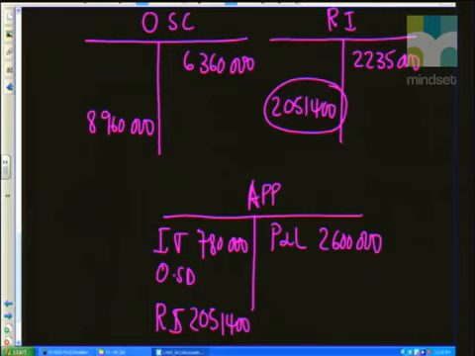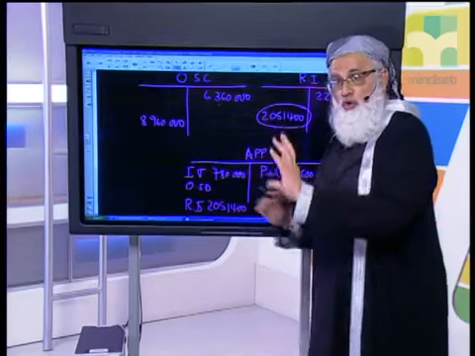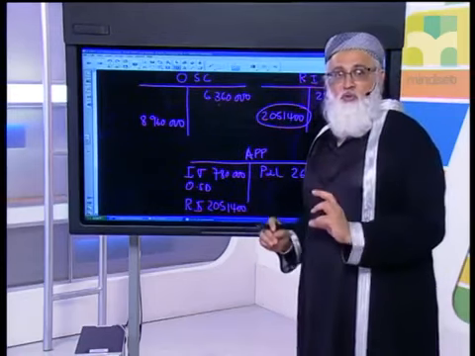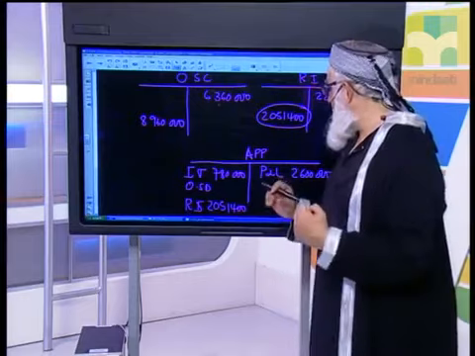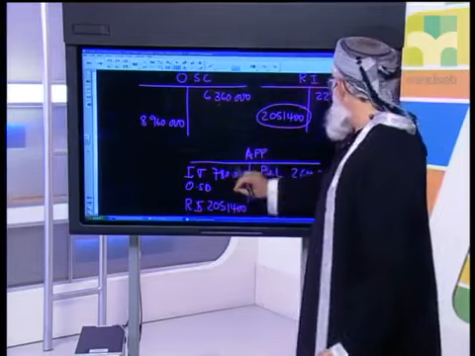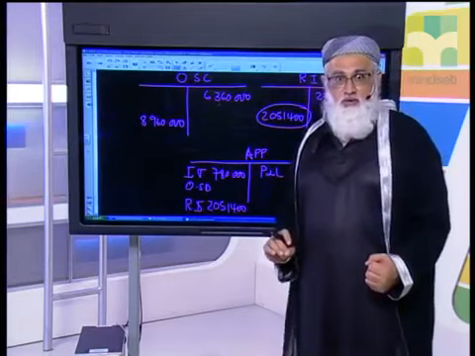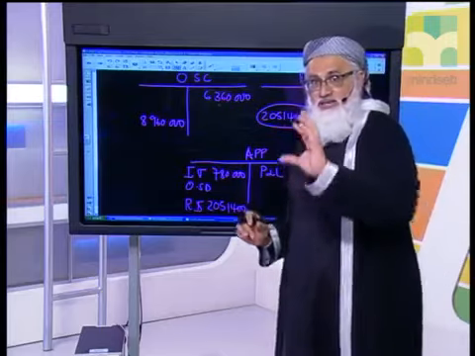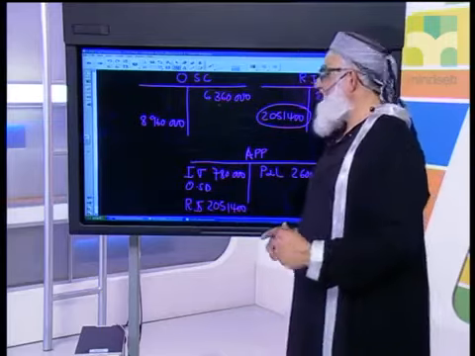So what I'm showing you is, looking at this information here, you will notice the link between these accounts, and that is important. Always be able to see that information from my appropriation account is going to impact on my retained income account. Information on my retained income account will also be related to the buyback of my shares.